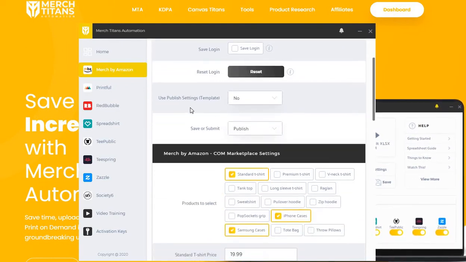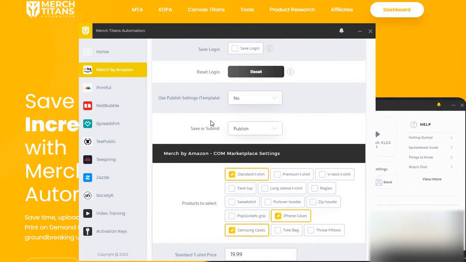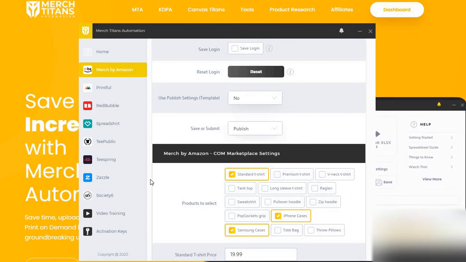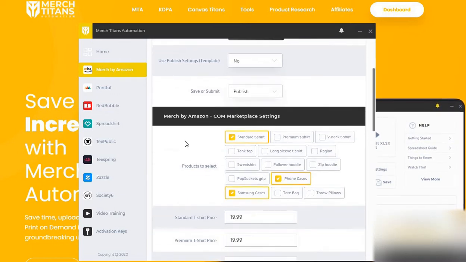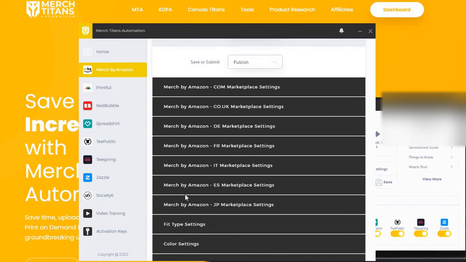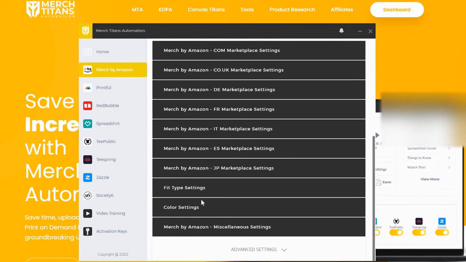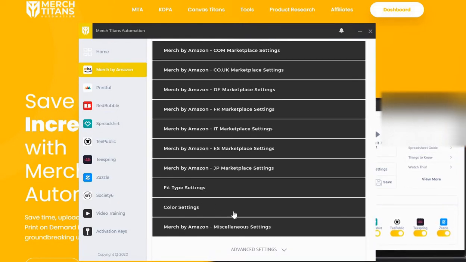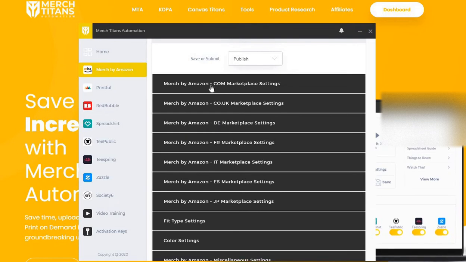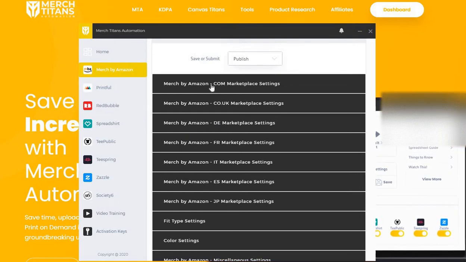And then, for example, do you want to submit it, publish, or save it? And then the rest of the stuff is here. So the way that it's organized, and let's look at it, it's organized by each marketplace, and then, for example, you have your settings and a couple other details. So let's look at, and my plan is to upload one product to the .com